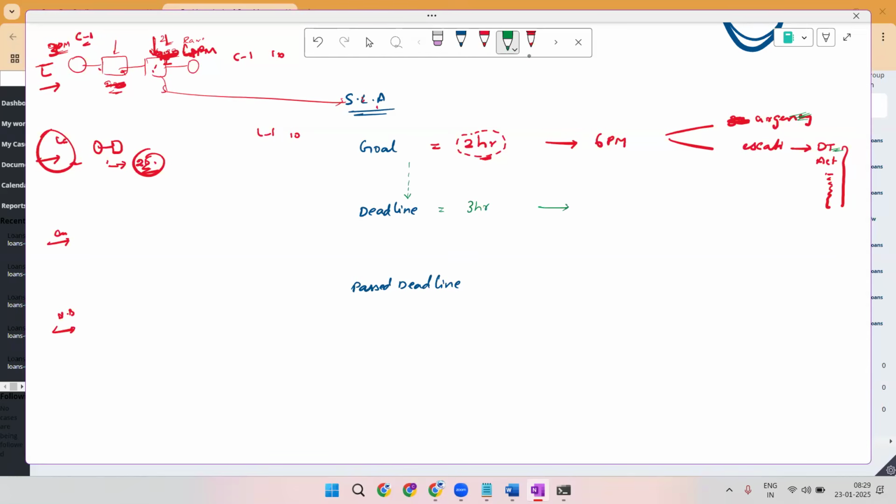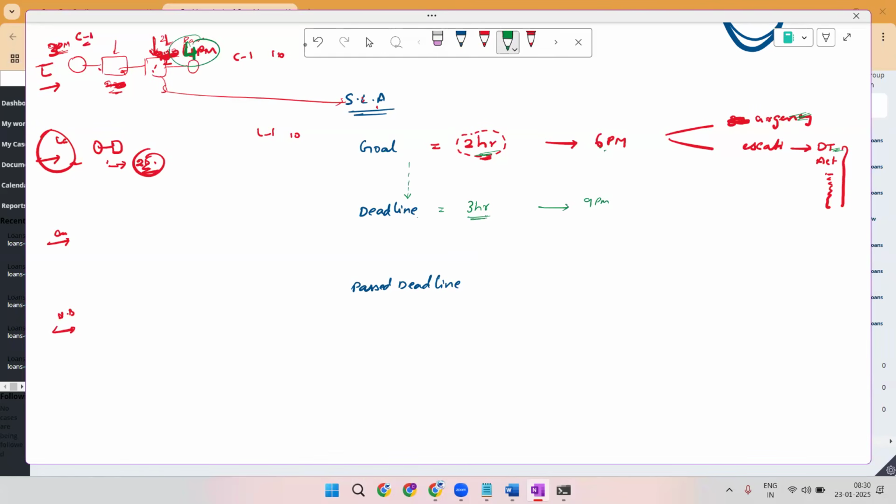9 p.m., right? So we are starting at 4 p.m. and the initial time interval we gave as 2 hours. So it will be 6 p.m. no doubt. By 6 p.m. the item should be completed. It's not completed, so it is coming to the next phase. In the deadline phase, we are giving it as 3 hours. 3 hours meaning, you might be thinking 6 p.m. plus 3 hours, that is 9 p.m. But the actual answer is